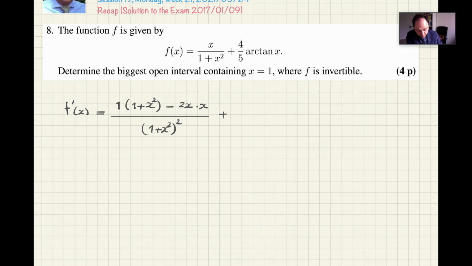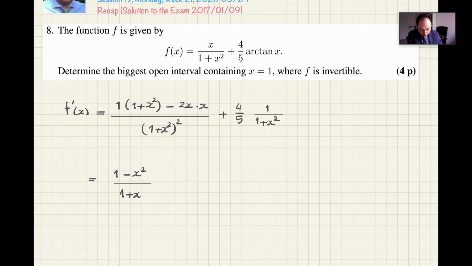And then I have 4 over 5, and that one function is famous: the derivative of arctangent is 1 over 1 plus x squared. So let us simplify this derivative. In the numerator it becomes 1 minus x squared, yes, because this becomes positive x squared minus 2x squared, and then divided by,